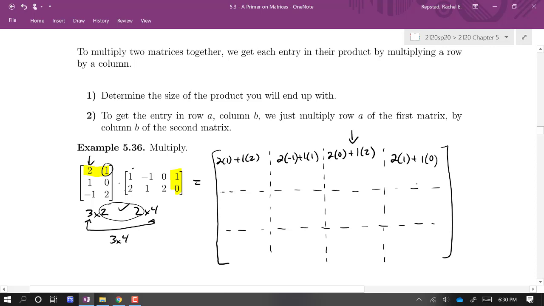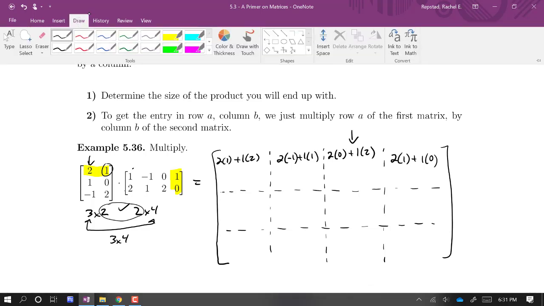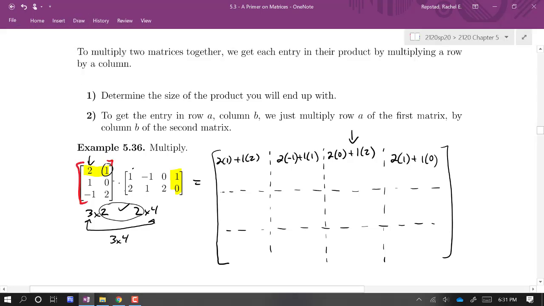There's the first row. I got every element, or at least what I need to compute, right? To get each element in the first row, I just kept looking at the first row in this matrix on the left here, and then just kind of moved down to work each column to get each entry in each column of the first row. If we want to, and we do, if what we want is to get the entries in the second row, I'm going to just repeat this whole process, only I'm going to do it using the second row of that first matrix. So second